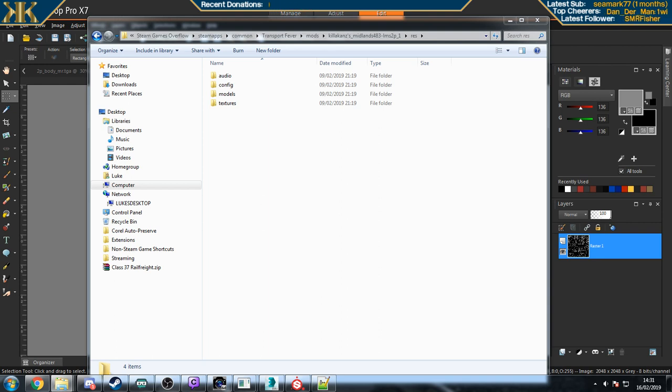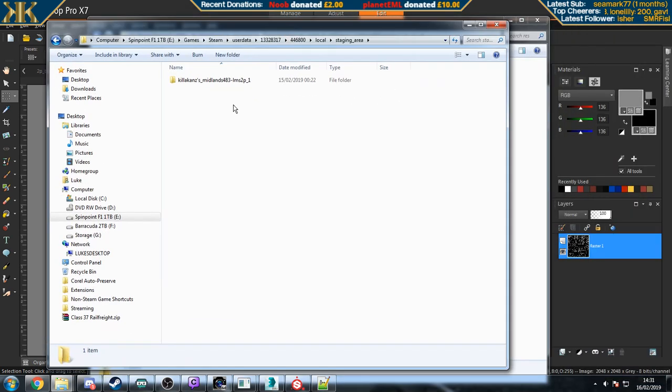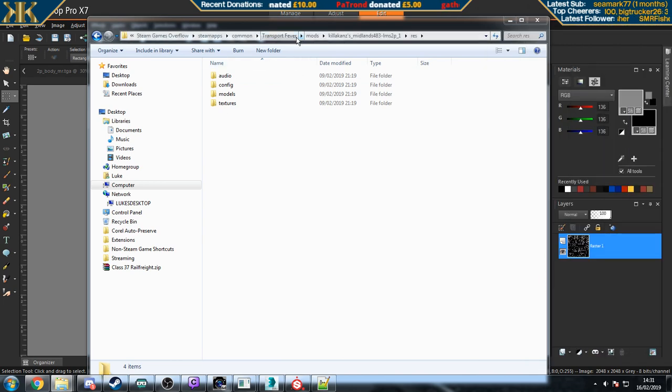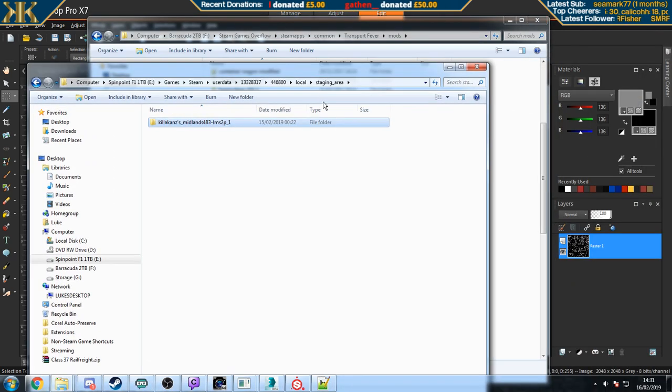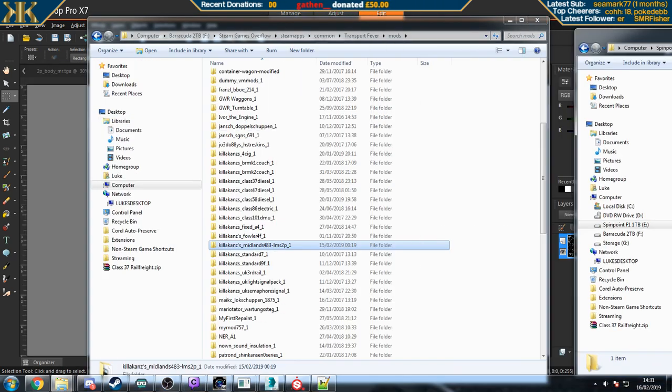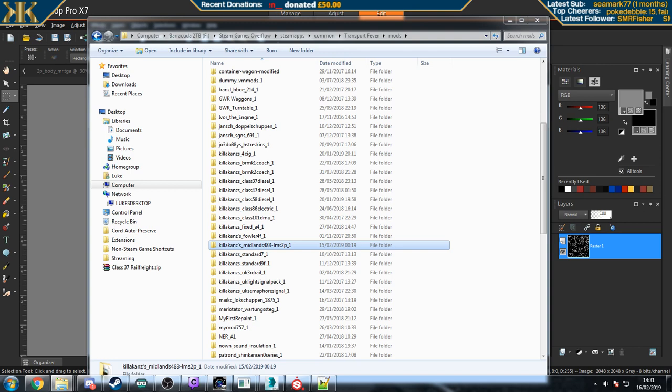So it's in the Steam install folder, user data, your user ID, 446,800, remote, oh no, sorry, local, and staging area. So in here we literally have a copy of the folder from our mods folder. So literally just want to copy that and put it into the staging area, and then when it is in there,